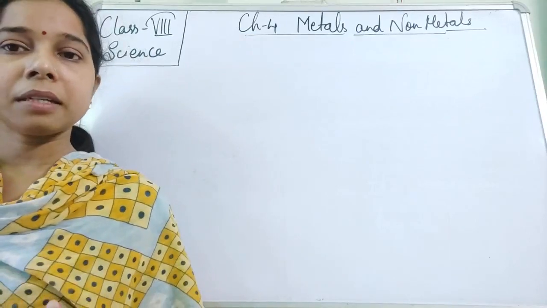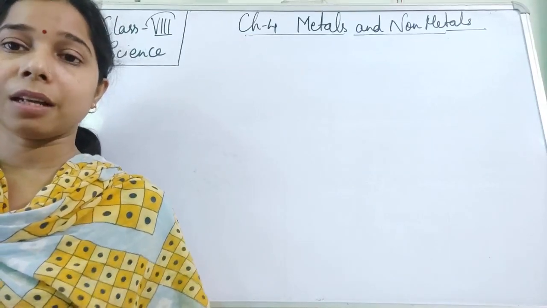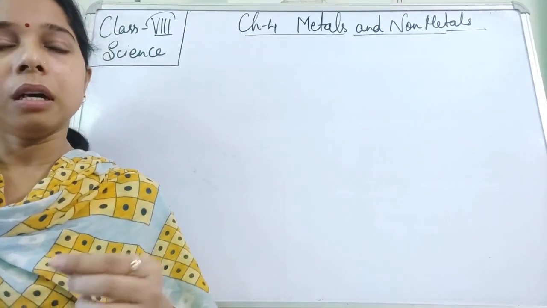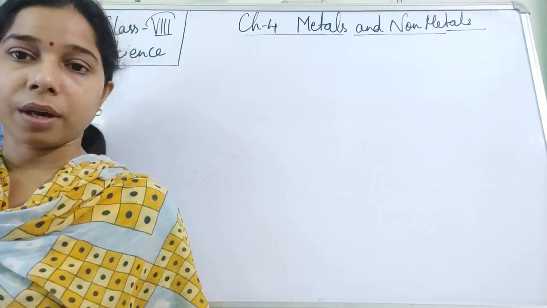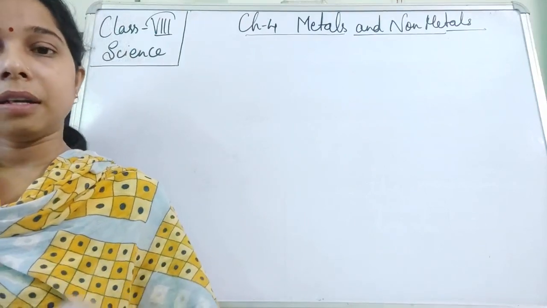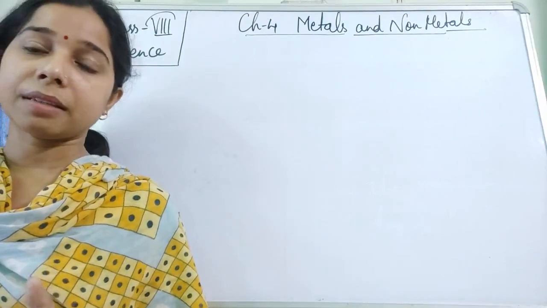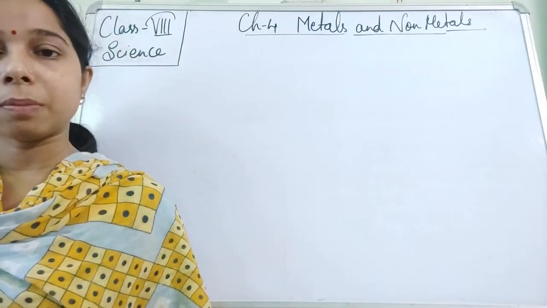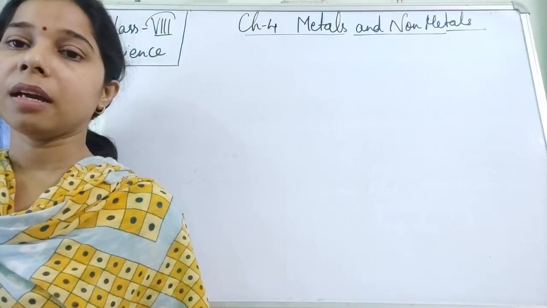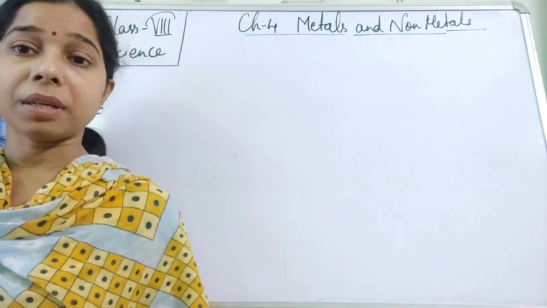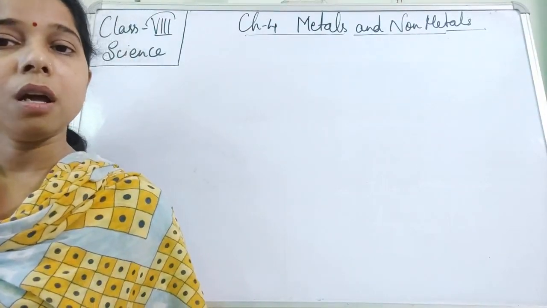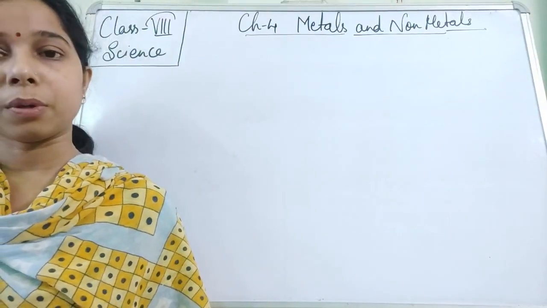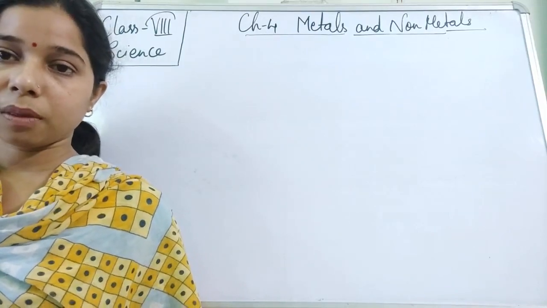So basically we can say it is a base, and we can test it with the help of a litmus paper. If we add blue litmus paper, it will turn red. And for testing the base, if we put the red litmus paper in the metal hydroxide, it will turn blue. So basically what we find here is that since it is basic in nature, it turns the red litmus paper to blue, students.